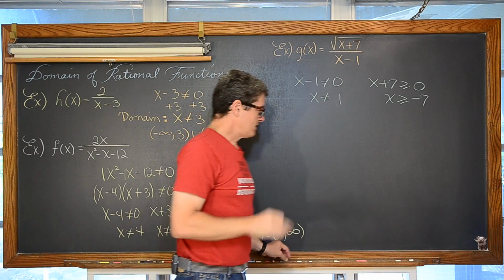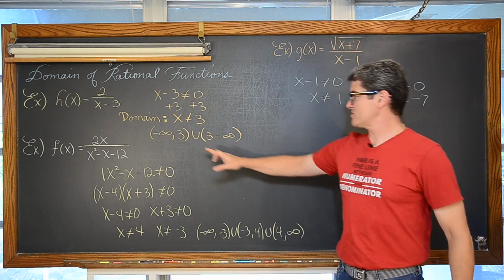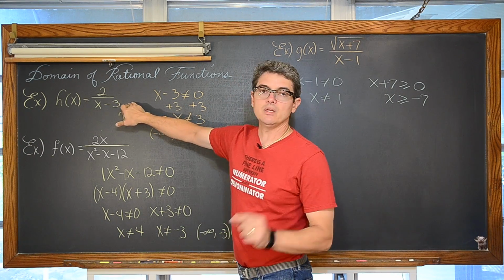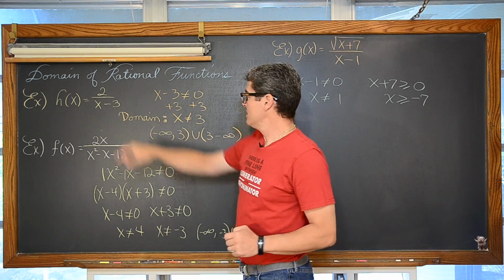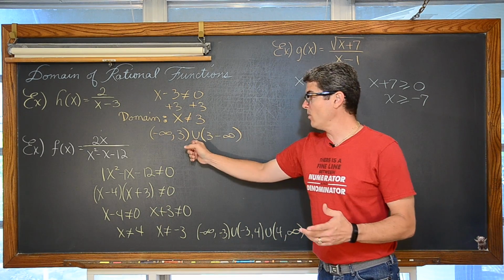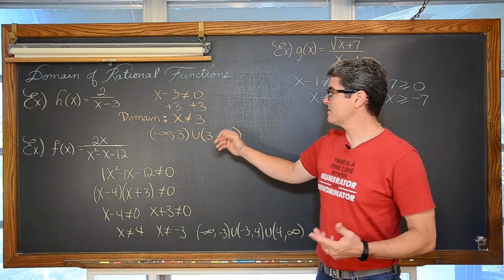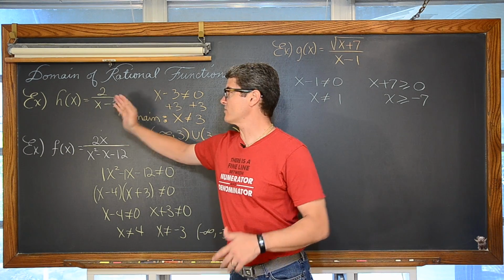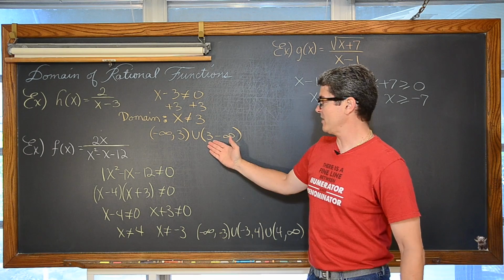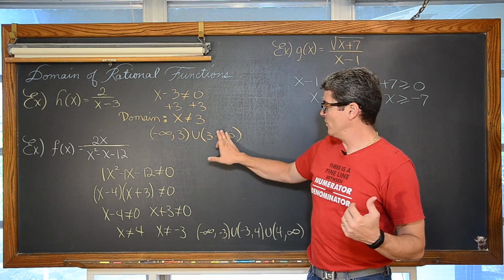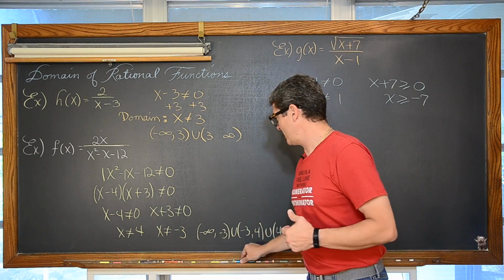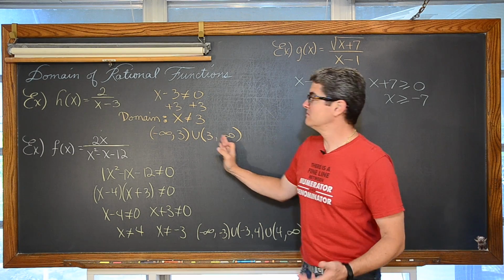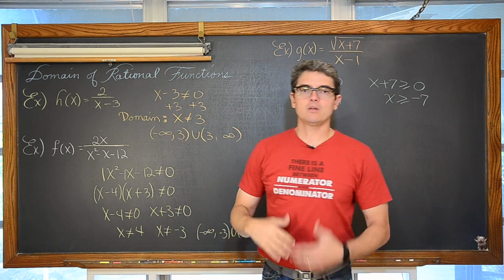Okay, now let's talk about the interval notation I'm using here with the word or. There's only one condition in the previous equation: x minus 3 cannot be equal to 0. So either this interval will work or this interval will work. Because if I plug in something between negative infinity and 3, like 0, 0 minus 3 is negative 3. It's not 0, we get a real answer. If I pick something bigger than 3, which I see now I kind of said 2, but that should be a comma, positive 3 to infinity, like 4, then 4 minus 3 is 1, 2 divided by 1, a real solution.